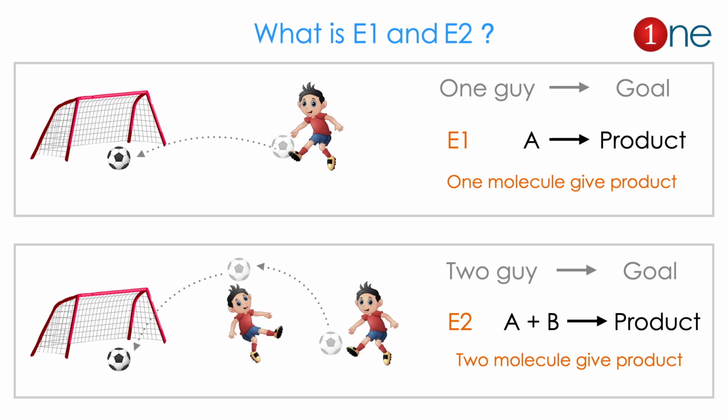So what is E1 and E2 reaction? Normally in football we should know how many guys are making a goal, whether one guy makes the goal or another guy helped or not. We will count the players when there is a goal formation. Similarly in chemistry, how many atoms are participating in the reaction is called the order of the reaction. If it is 1 it means E1, 2 means E2. Here E represents the elimination. Elimination reaction involving one molecule means E1, 2 molecules means E2.